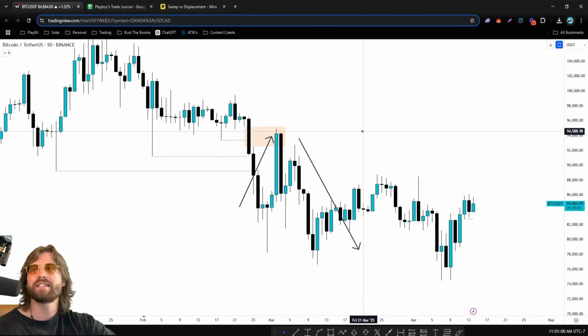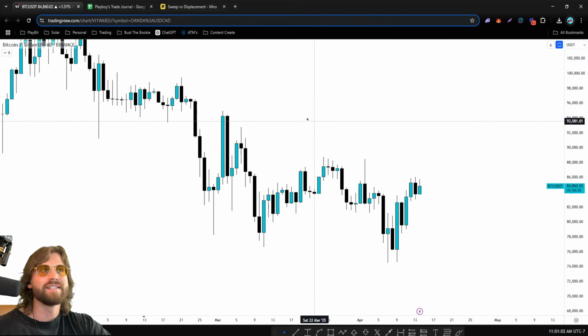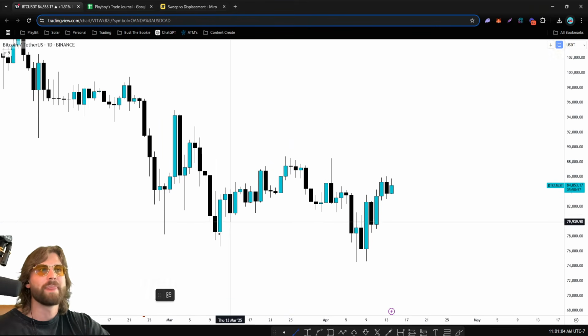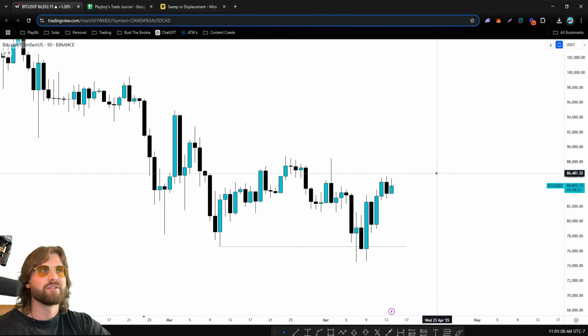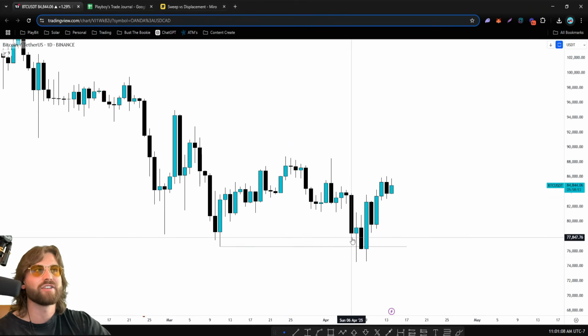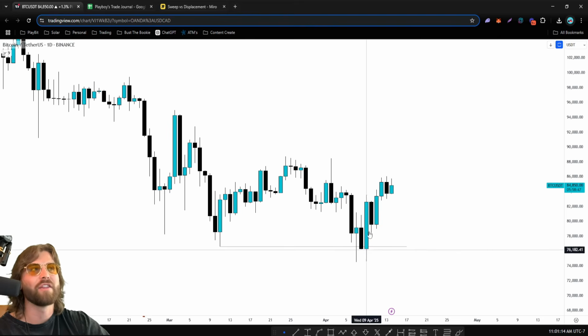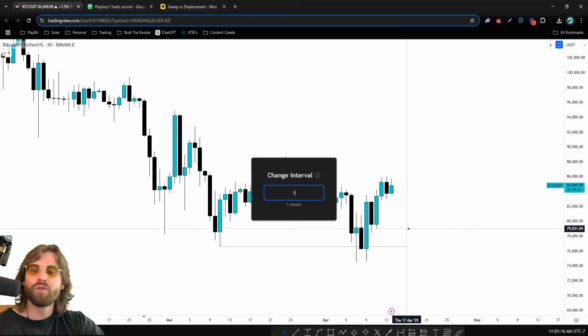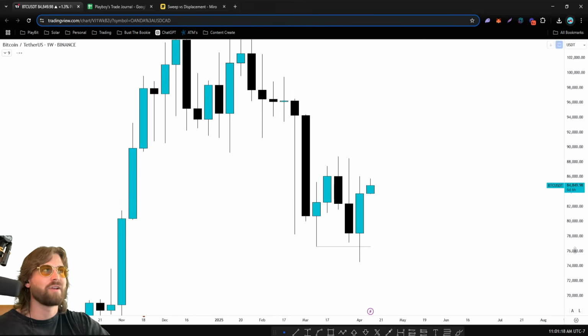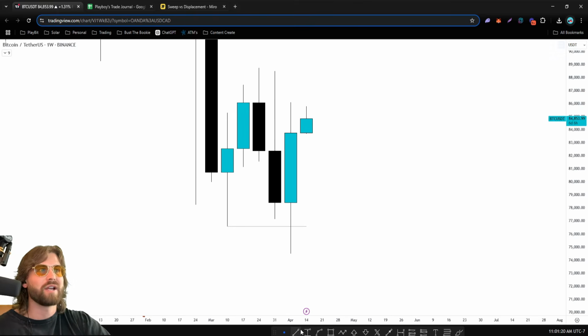It's amazing to see what a very simple concept can do for your trading. Let's take this low, for example, here. We have price sweeping it once, closing underneath it another time, but no fair value gap, and then again another sweep with a failure to close underneath. Let's go to the weekly, right? This works on the weekly time frame as well. Here's the lowest point of the trend with multiple